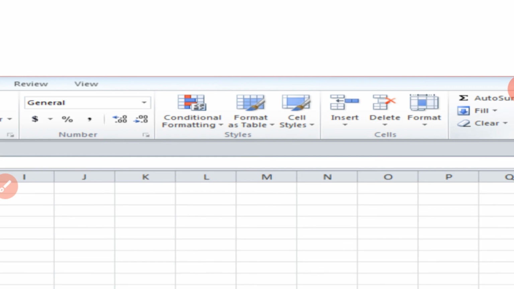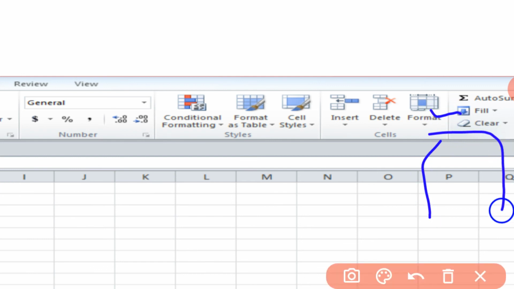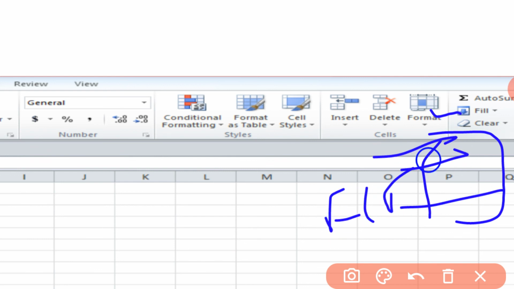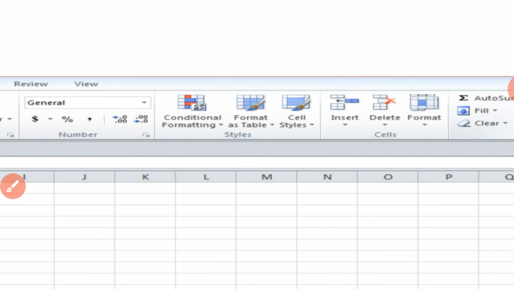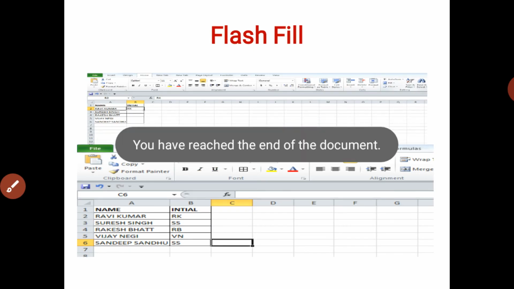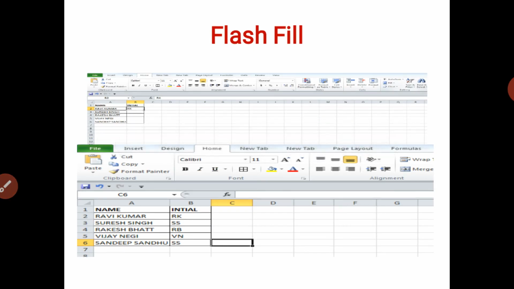When we click on this Fill option, it will give us small options, and one more option is there, that is Flash Fill. So we need to click on this Flash Fill option, and when we click on it, it will give the initials for the rest of the values as well, okay? So this is your flash fill option.